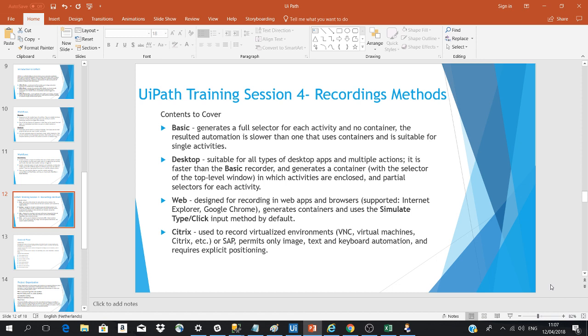So what is basic recording? Basic generates a full selector for each activity and there is no container in it. The resulting automation is slower than one that uses containers. It doesn't use the container, so it's slower than the recording method which uses the container, and it is suitable for single activities,